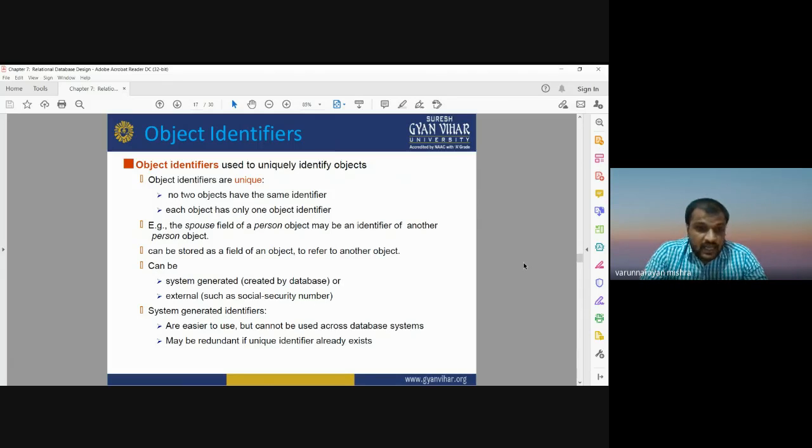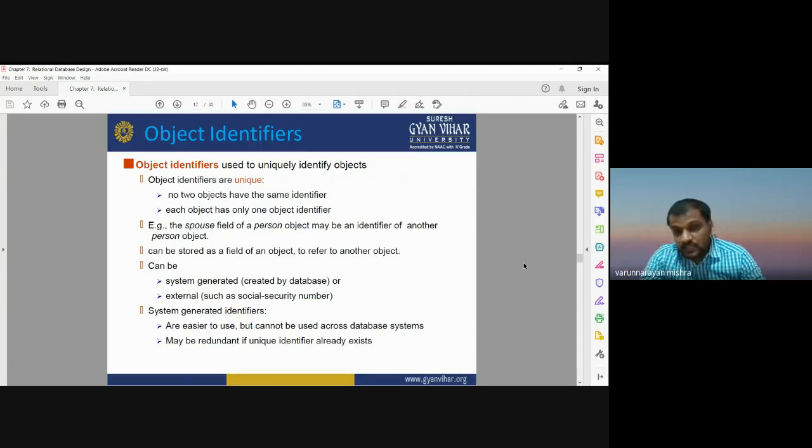It can be a system generated identifier or an external identifier. The system generated identifier will be created by the database, or an external identifier may be used, such as a social security number. So you need to provide a unique identity to each and every object.